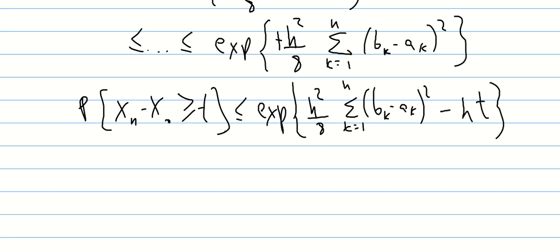So now we just have to choose h, and the choice of h is the one that minimizes this. In the end, we just choose h to be t over 4